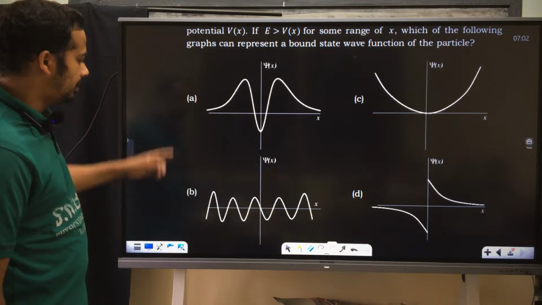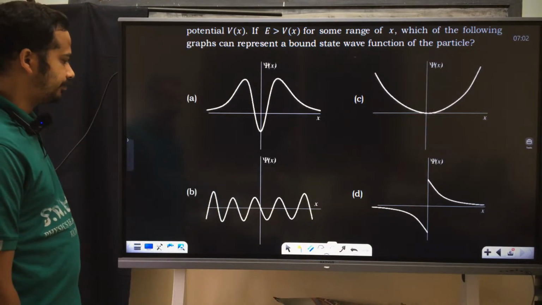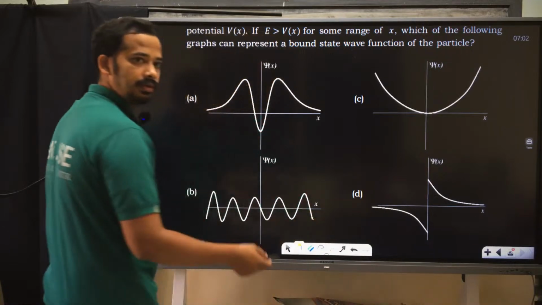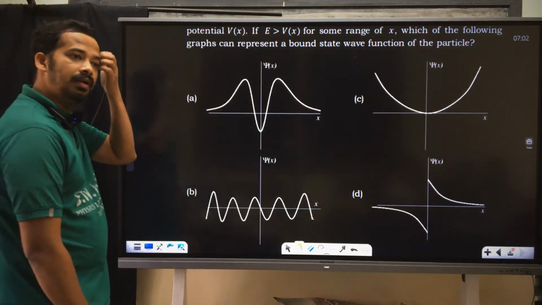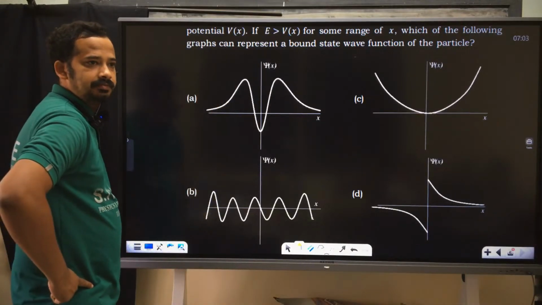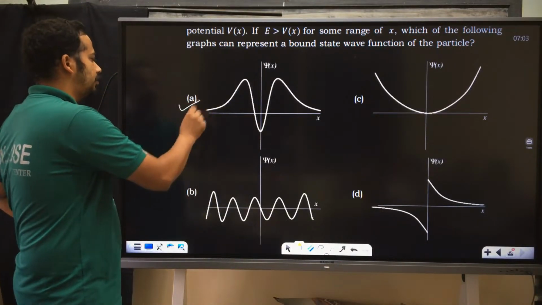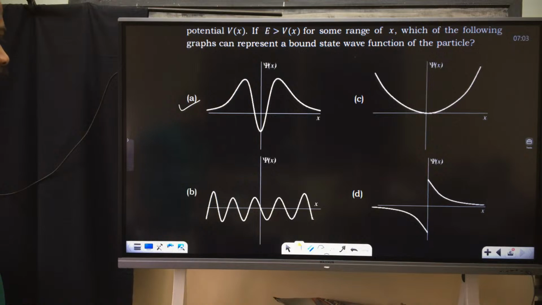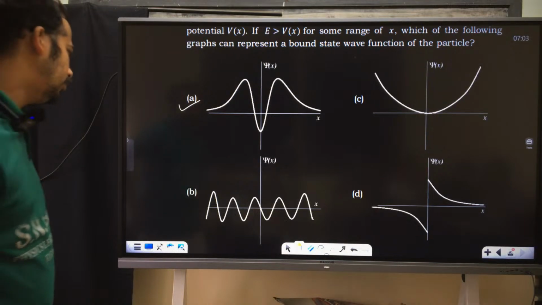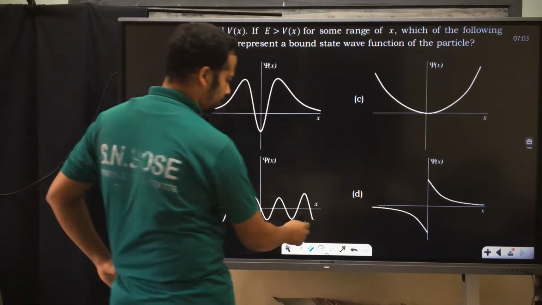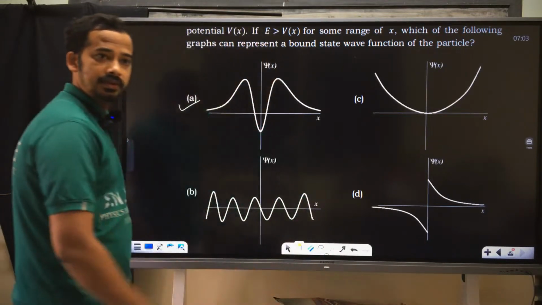Among these two, which one do you choose? This looks like this, am I right? Keep on moving, oscillatory. This is normalizable, no doubt. If it is the only option, you choose this one. This is a one option problem. Now, it looks like these heights are increased here, but it's not so clear what will happen further. Am I right? Speak up.